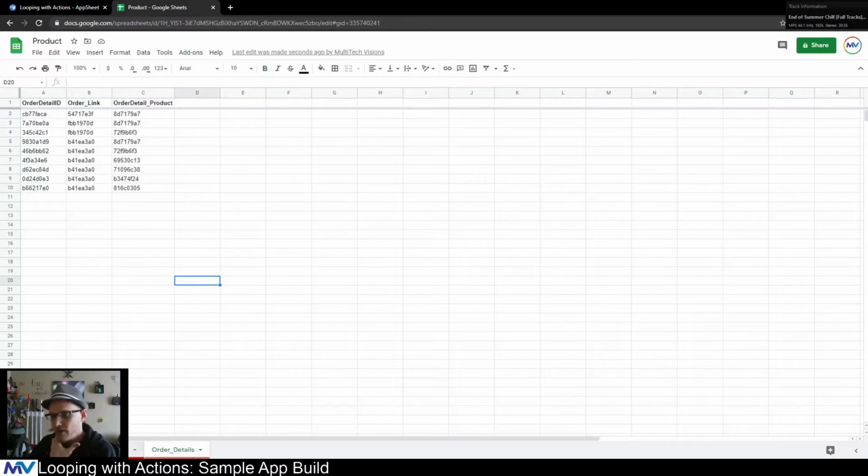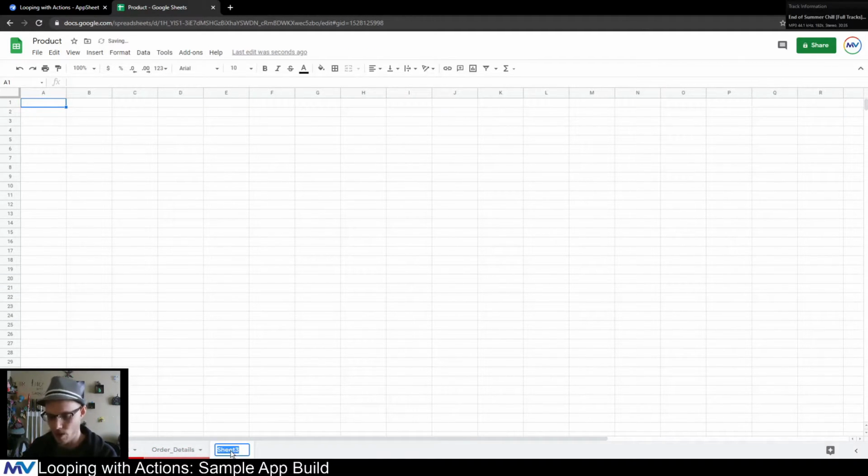We have orders, we have order details, and now I want to add a third layer that keeps track of when somebody has fulfilled that product for the order. So I'm just going to create another sheet. I'm going to call this order detail fulfillment, something like that. I'm pretty sure that's spelled wrong. I'm going to call this ODF